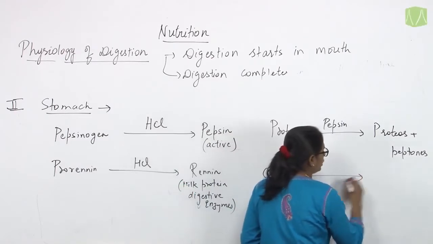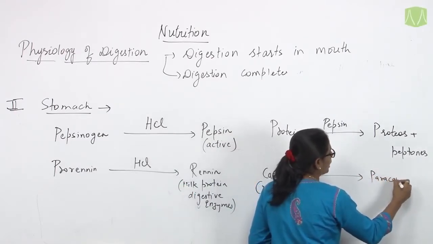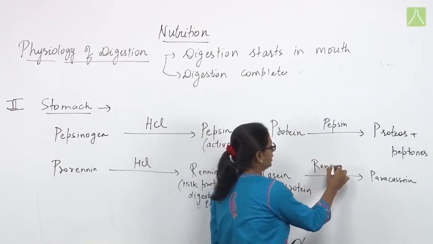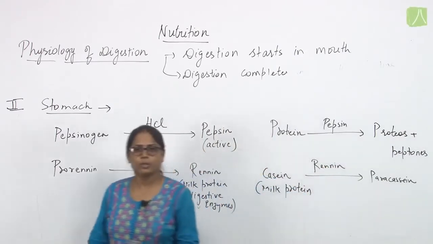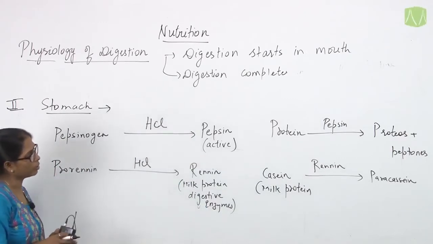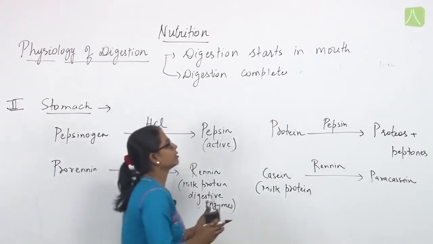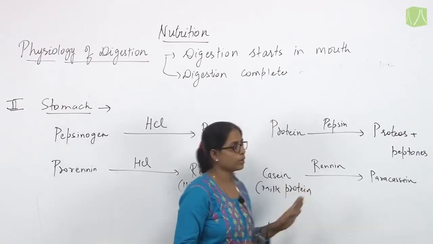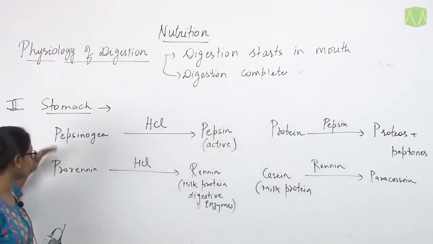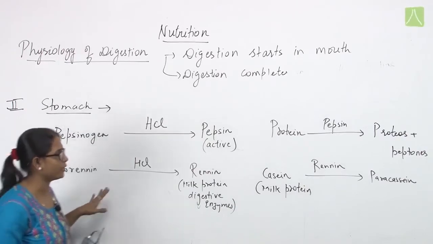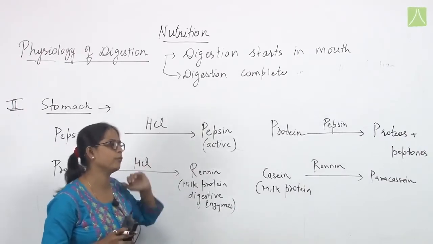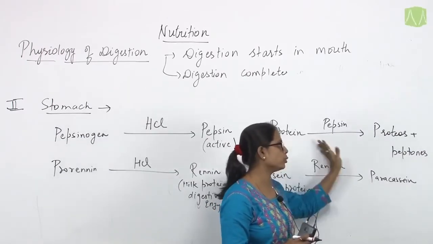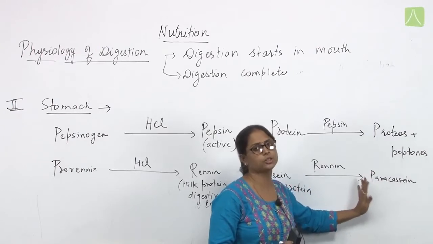This casein will convert into para-casein by the action of this renin enzyme. Fine. So this para-casein is the smaller unit or the smallest polypeptide chain of casein by the action of renin enzyme. So these two types of protein digesting enzymes in the presence of HCl will act on different types of protein, and will convert these proteins into their simplest unit, but digestion is not yet